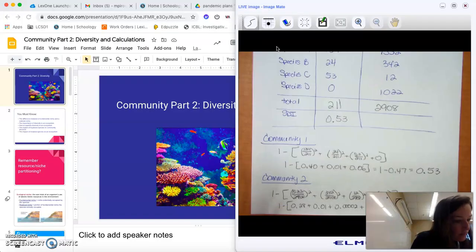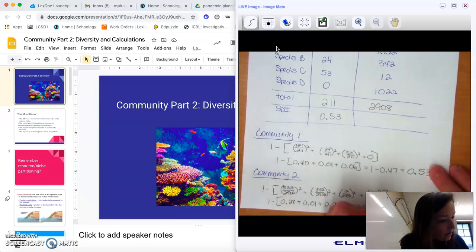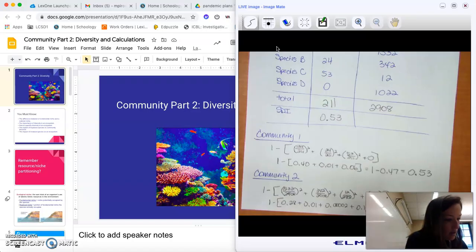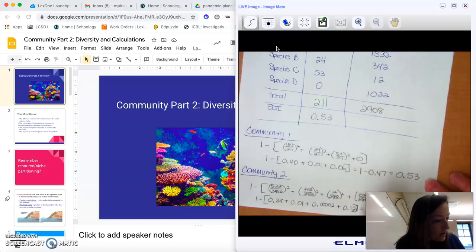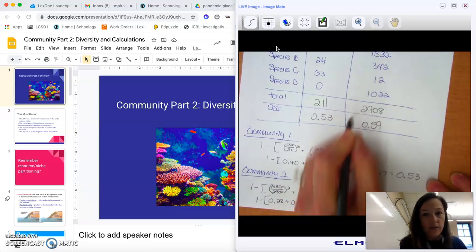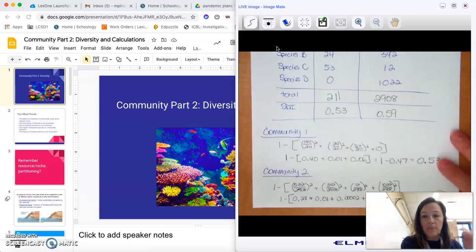Whoops. All right, 0.28 plus 0.01 plus 0.0002 plus 0.112 is 4102, which we're probably just going to round to 41. And so that is going to give me 0.5898 or 0.59. Okay, so now that I know the Simpson's diversity index for both groups,